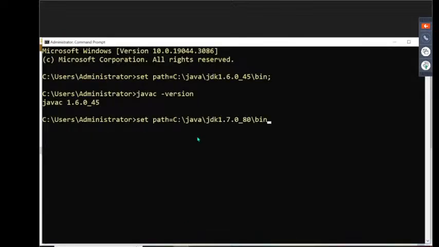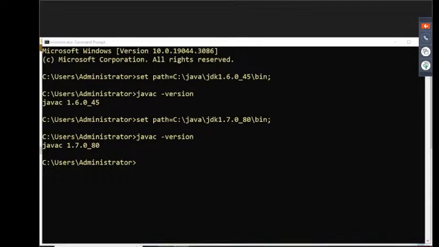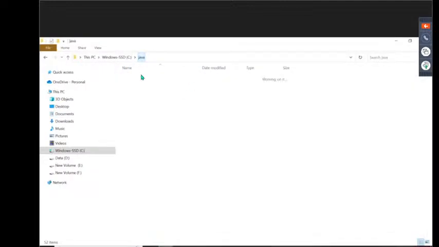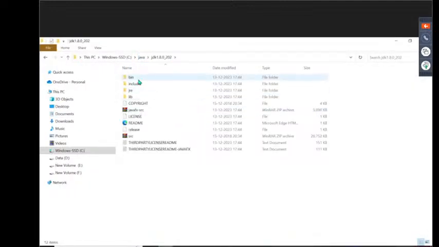Set a path is equal to what we are getting there? Java C space hyphen version. What we are getting there? 1.7.0_80. Next one is Java JDK 1.8.0